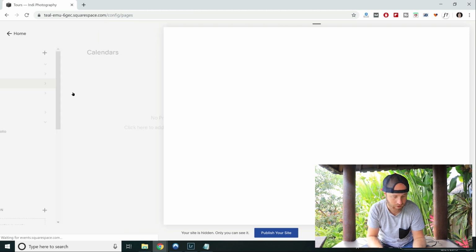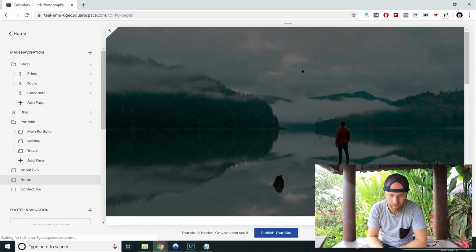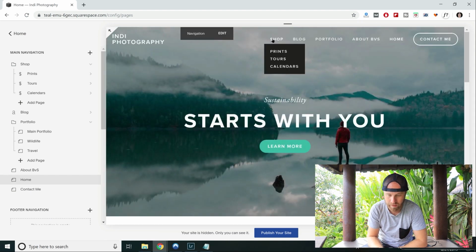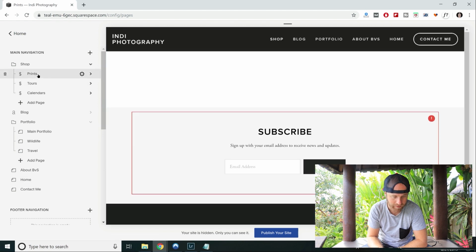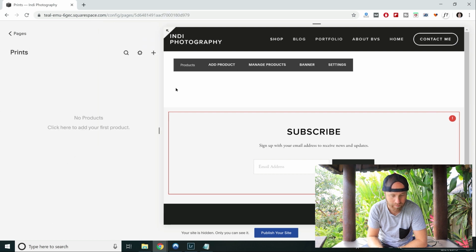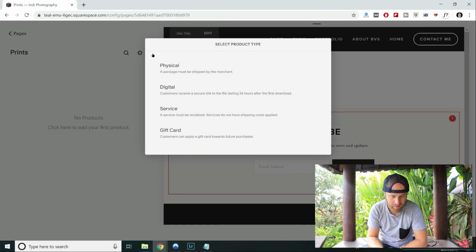So again, let's jump back to the home page. The home page now has shop on the navigation bar, and you've got prints, tours, and calendars. So if we go to prints, it looks like that. Obviously there's nothing there. In the shop, to add a product, all you do is hit add product. So let's say a physical product in your prints,